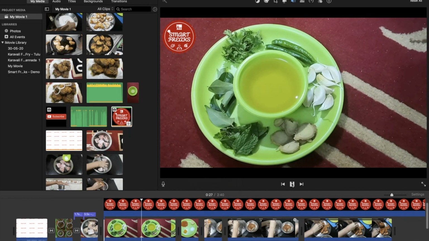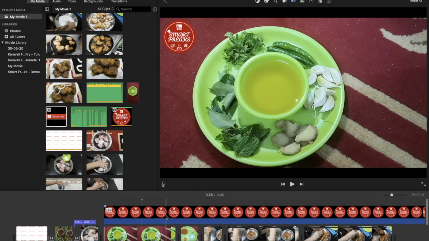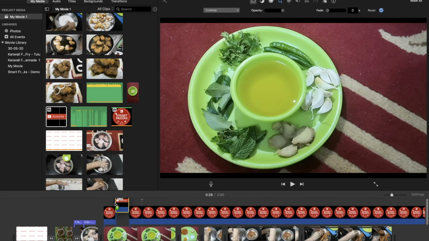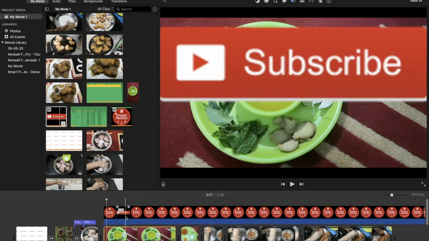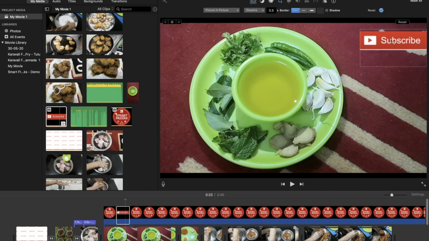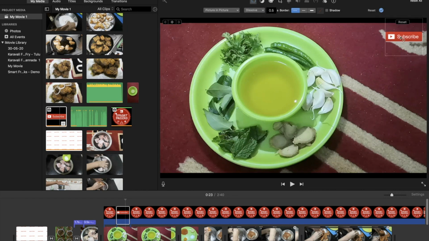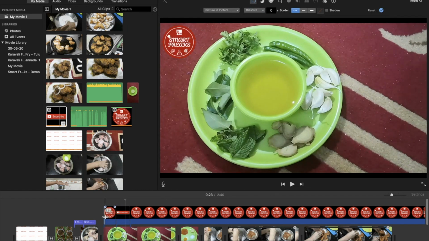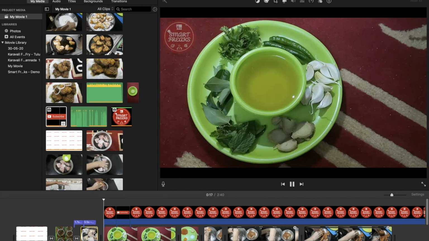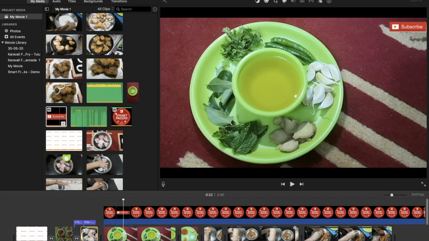Now I wanted to add a subscribe button because subscriptions are very much important for any channel. Alright. So this is my subscribe button which I got from the internet, and I'm going to keep it with the SmartFreaks logo, so that SmartFreaks and the subscribe button will come at the same time. We get a lot of subscribers too. And I'm going to select fit, as you all know. Awesome. So now let's see how it is going to look like. Yes, now we can see both SmartFreaks and subscribe button come on the screen. Oh no, wait, the SmartFreaks logo is missing.